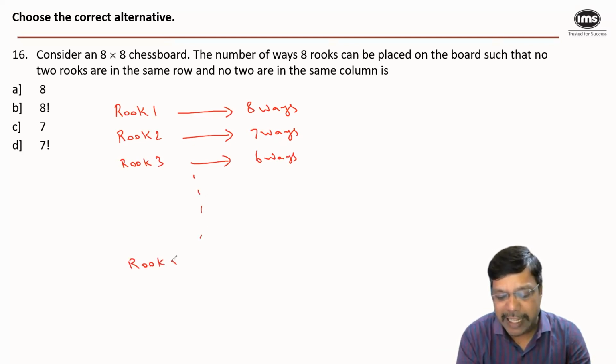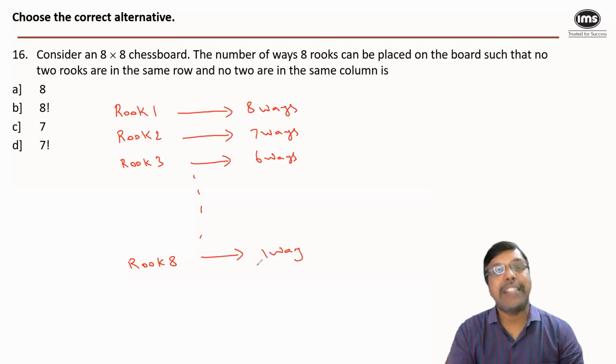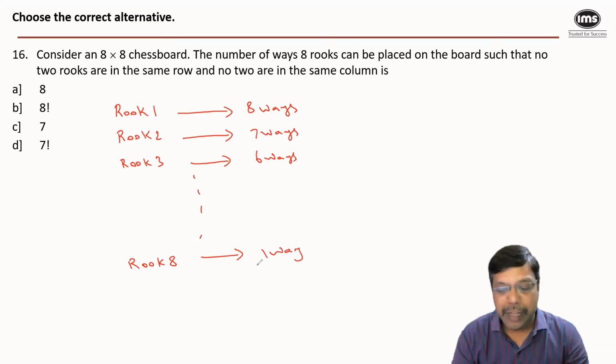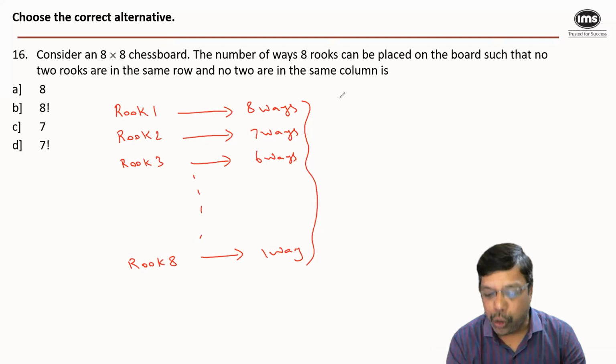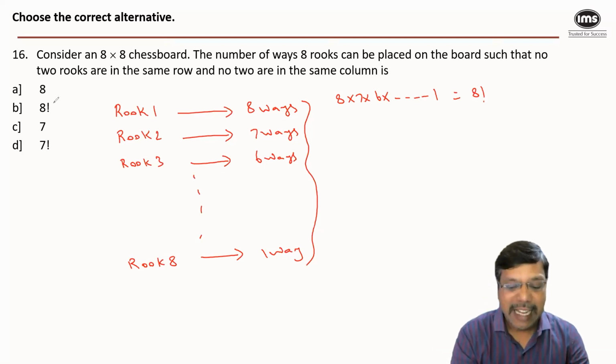And rook 8 can be arranged in only the last place available, that is 1 way. Hence, the number of ways in which we can arrange these 8 rooks is 8 into 7 into 6 and so on till 1, which is the short form for 8 factorial. Hence, answer option